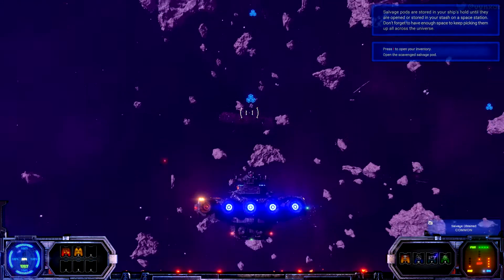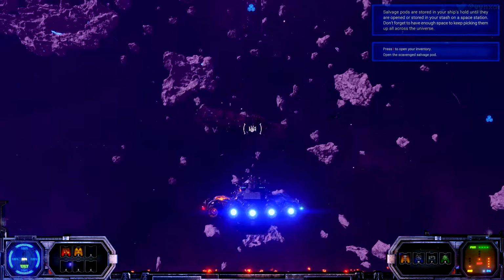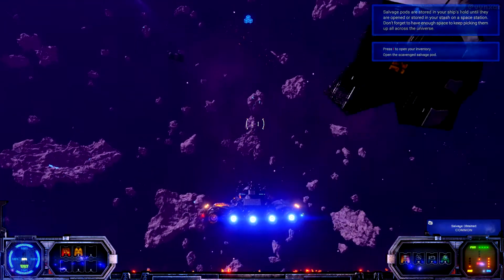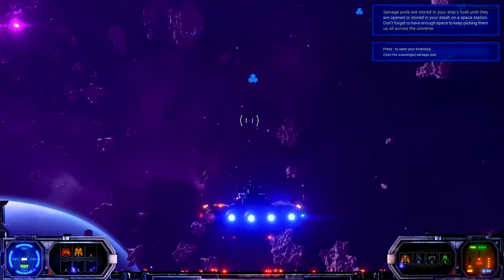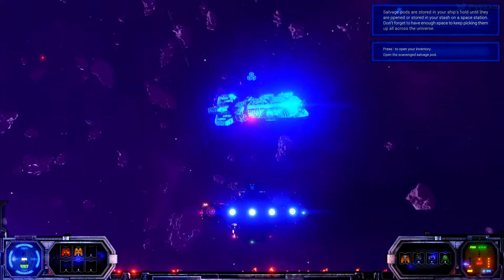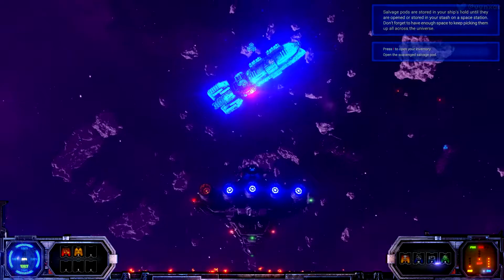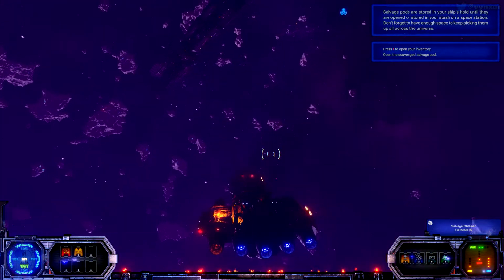Okay, let's see this one. We are probably not close enough here. Alright, and the last one. Or not, because I think I might spot another one. Yes, there is another one. I wonder what we're going to be able to do with the salvage, because it's not really saying much right now. Wait, let's just stop the ship and pick up these. I would definitely like to...